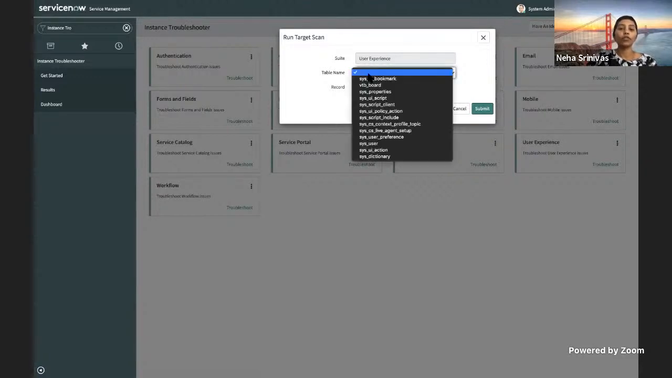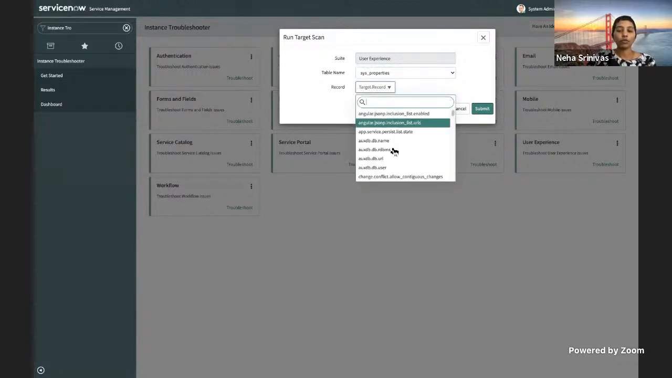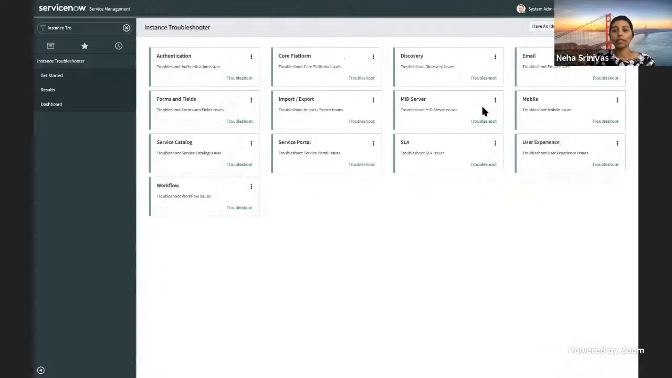So over here, you can select the table that you're interested in. So we fixed the record in sys properties. So let's select sys properties. It shows up all the records which are there in sys properties. Now we're interested in the glide UI JS includes. So let's select that. Once you do that and hit submit,